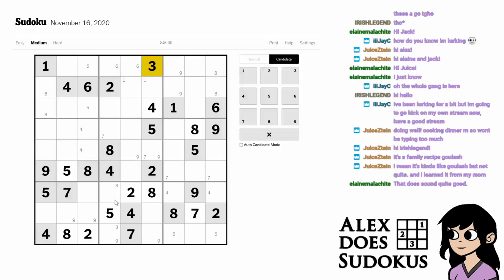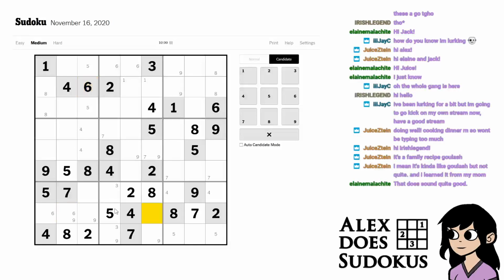So what other numbers can go in here? I'm missing a 1 and a 6. That's kind of interesting because I don't have many 6s. This 6 locks a pair of 6s over there. So that is a pointer pair of 6s, and that rules out that cell from being a 6. And this actually places a 1 in this cell because if you look at this, this pointer pair of 6s,